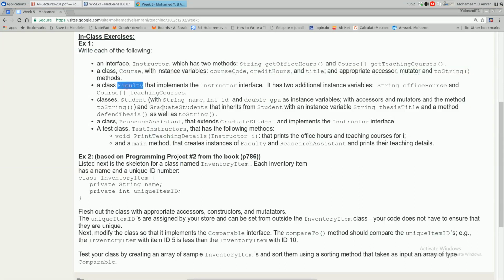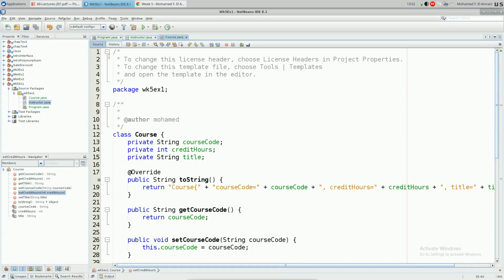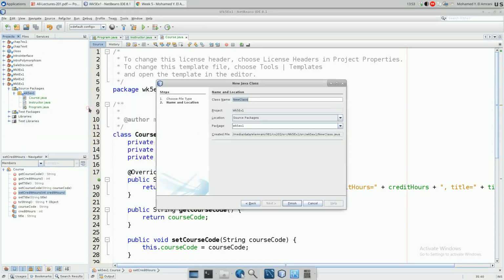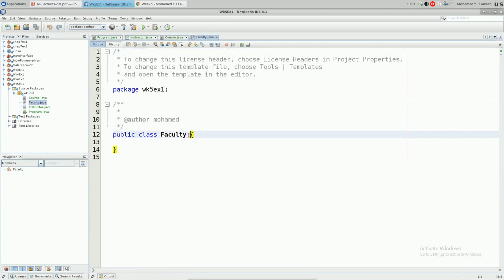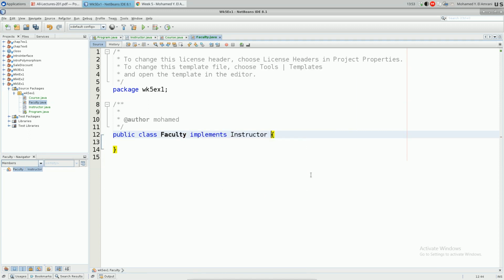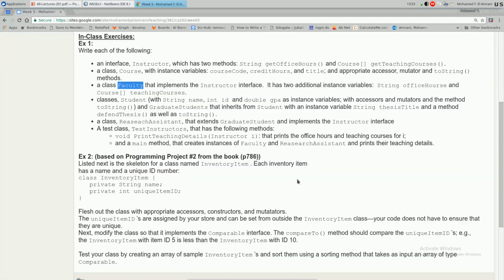Now this is the class faculty that implements an instructor interface. So I'm going to create a new class, faculty, and this class faculty, I need to implement, and it tells me what they would like to implement. I'm just choosing the instructor. This is the one that I just created. Now, because I say implement interface, it has to implement all the methods from the interface,